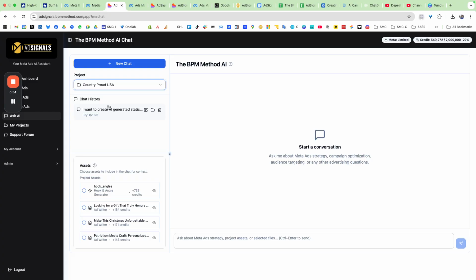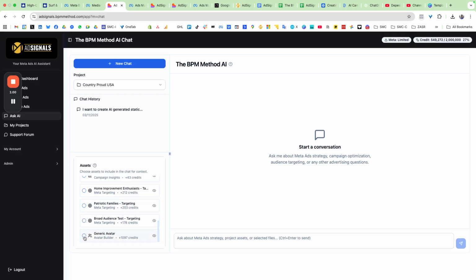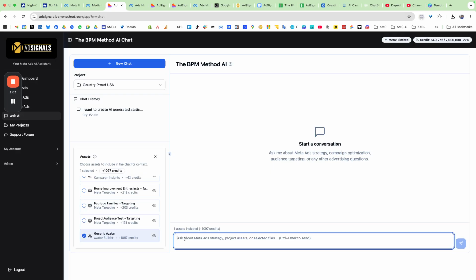When I start projects, I want to save time and I want to lean into AI to do the heavy lifting for me. So I've got my generic avatar here. I did copy and paste it just in case I need it. But what I can do is select the project, go to the avatar, and ask it and say,